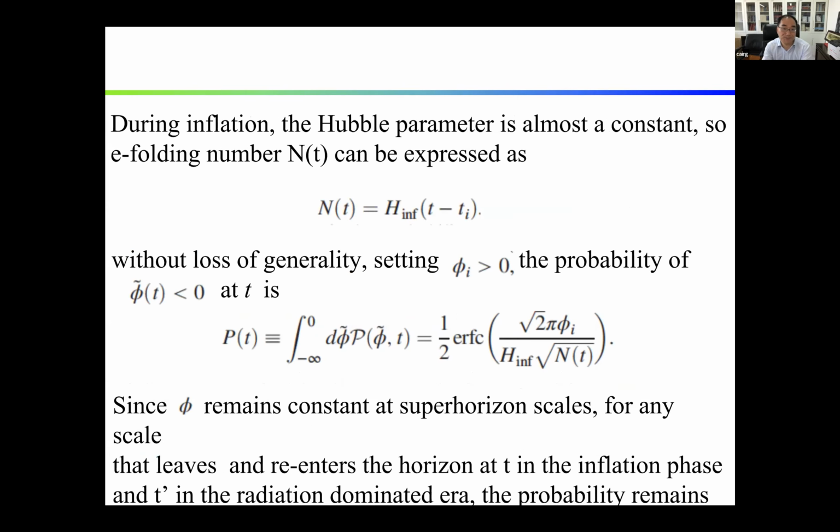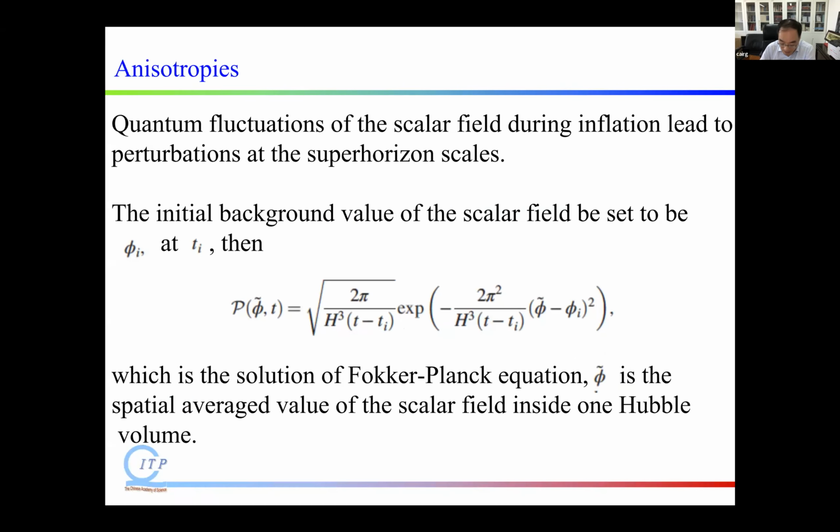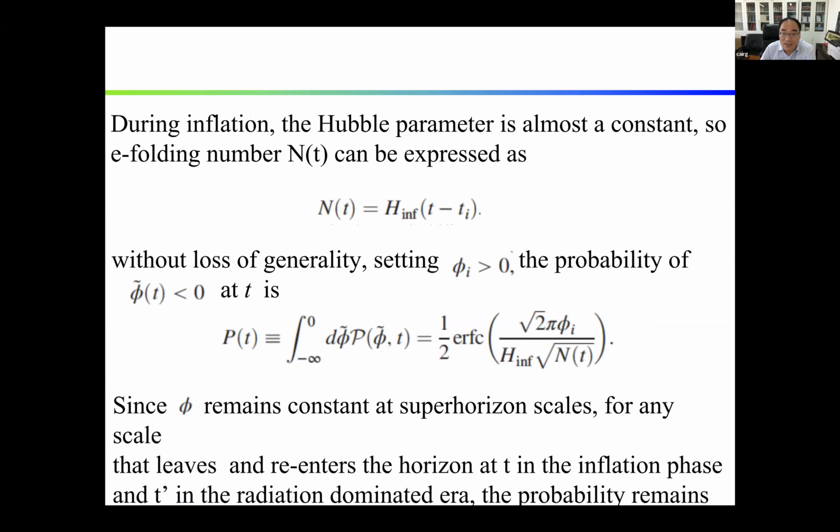Then the probability of phi tilde less than 0. Let's consider that we have two regions, one larger than 0 and another less than 0. In the less than 0 region, the probability is this quantity, integrated from minus infinity to 0,